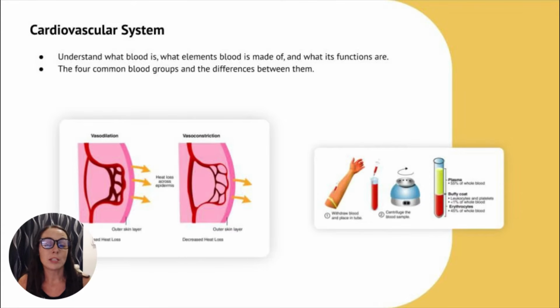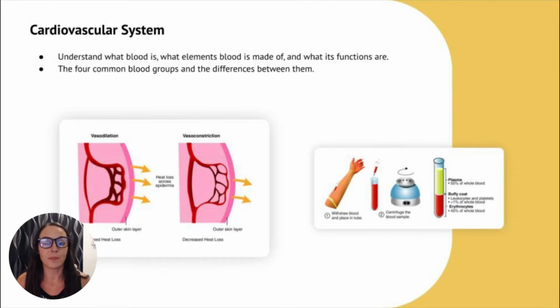Another important thing you need to know is the difference between the blood groups. See, there are inherited differences in antigens on the red blood cells that determine the 4 common blood groups. The blood groups are A, B, AB, and O. To determine blood types, we use a process called agglutination. This test involves observing the blood cells clumped together when mixed with certain antibodies, and it helps us identify